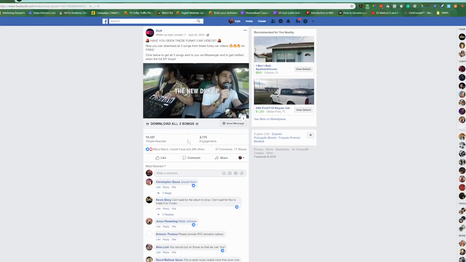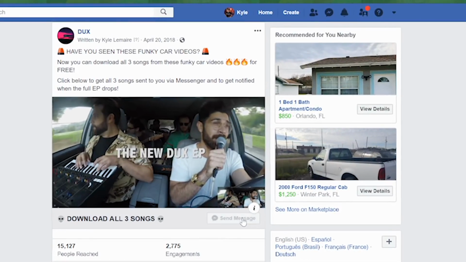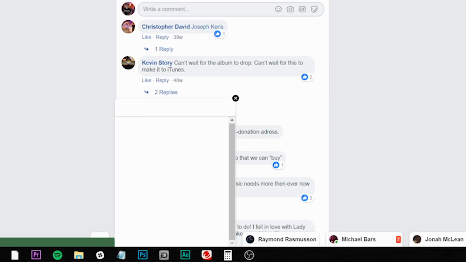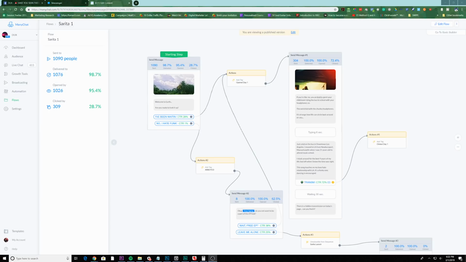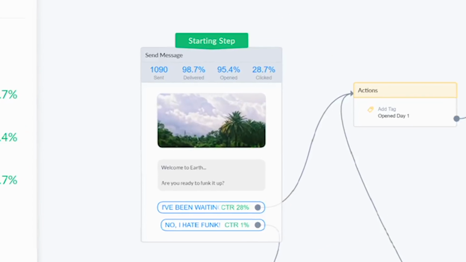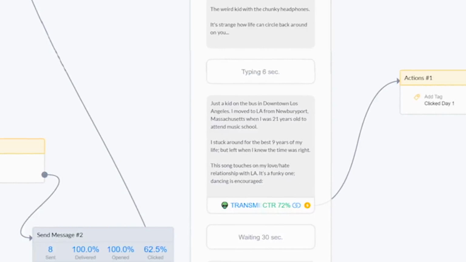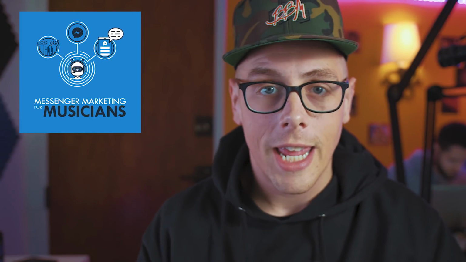There are third-party applications like ManyChat which allow you to collect subscribers in the form of people who have messaged your page. Not only that, you can program a fully automated chat bot to send them down choose your own adventure narratives, talk to them, gather information from them, dynamically respond to their needs. There's a lot you can do with Messenger chatbots, so much so that we have a full training on it